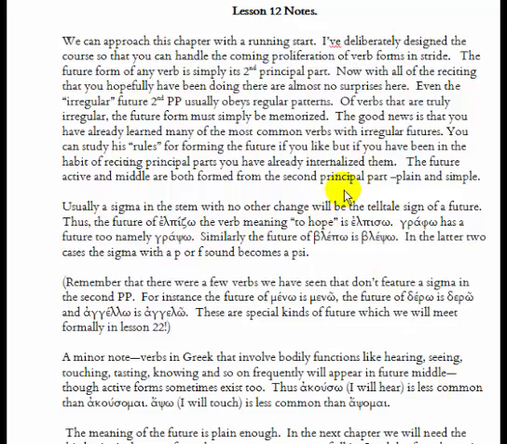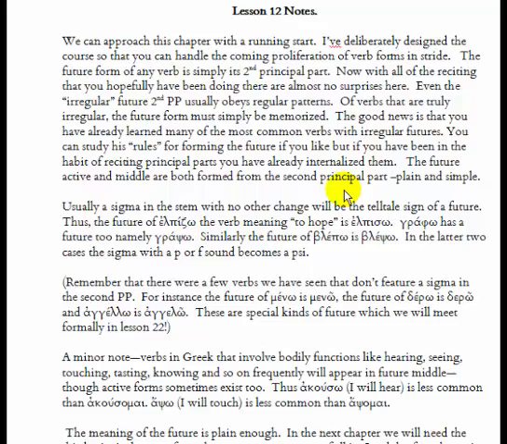This chapter, lesson rather, we finally get to meet formally the principal parts, and we can begin to see what the method to my madness has been in having you learn these. Given the fact that we've been doing these all along, there's really nothing new in this chapter. We now actually are formally introduced to the future tense, but to make it simple, the future tense is simply the second principal part. Just like we had luo, luso is now the future form.